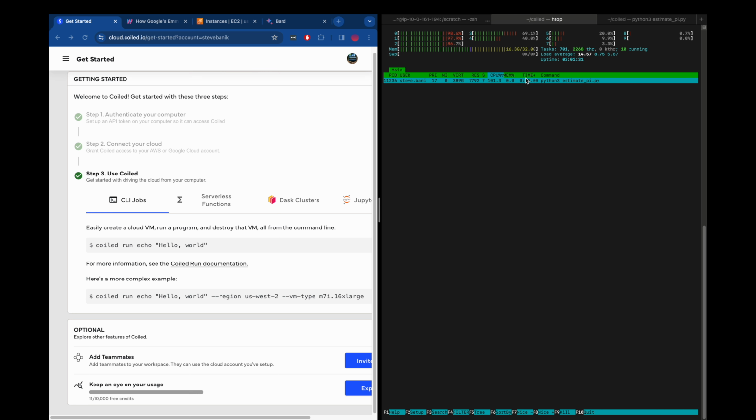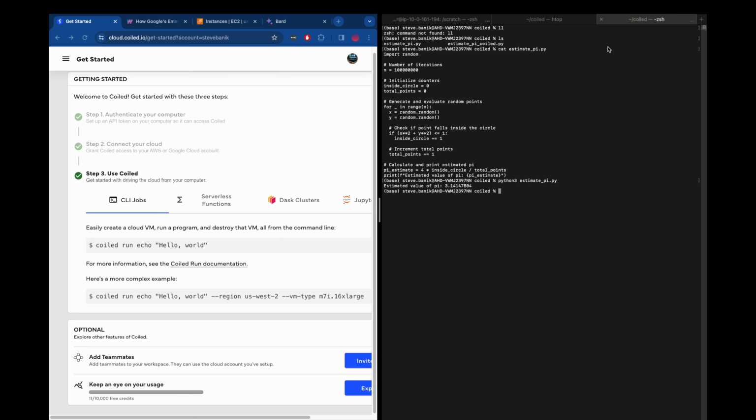We run that locally, and we can see that it's running, and it just finished. And let's see what we got. So we got 3.14147884. So we got 8 significant digits. That ran pretty quickly. So now we're going to do the same thing with the other Python script, which imports